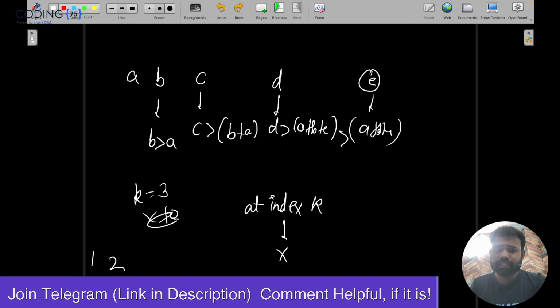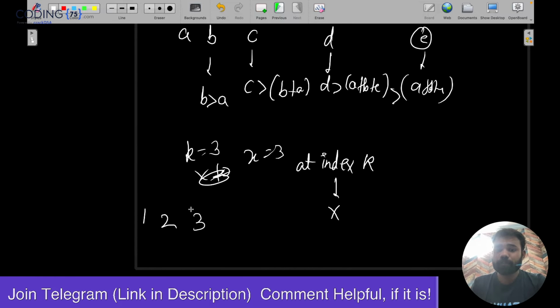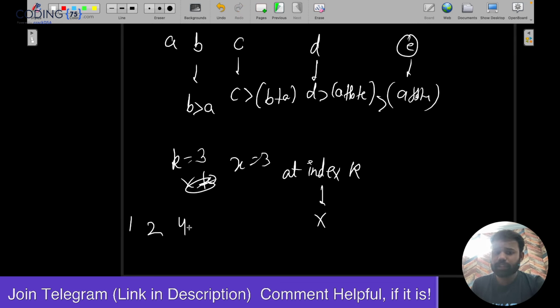But for example, if this x is 3, can we keep 3 there? No, we can't, because this value should be greater than the sum of the previous two, not even equal to. The previous two sum was 3. This should be greater than 3, meaning 4. Are you getting? It should be at least 4. Now the next one should be greater than this, meaning 8. Now 16, and so on. If you are getting, it's a power of 2. But I have solved it in a very brute force manner.